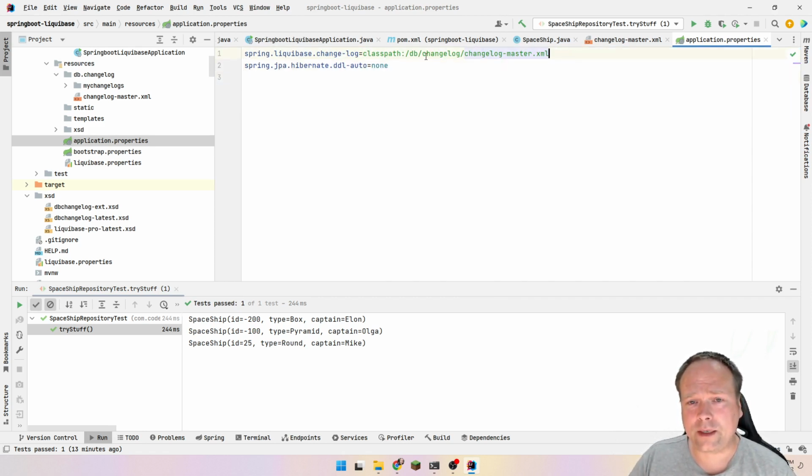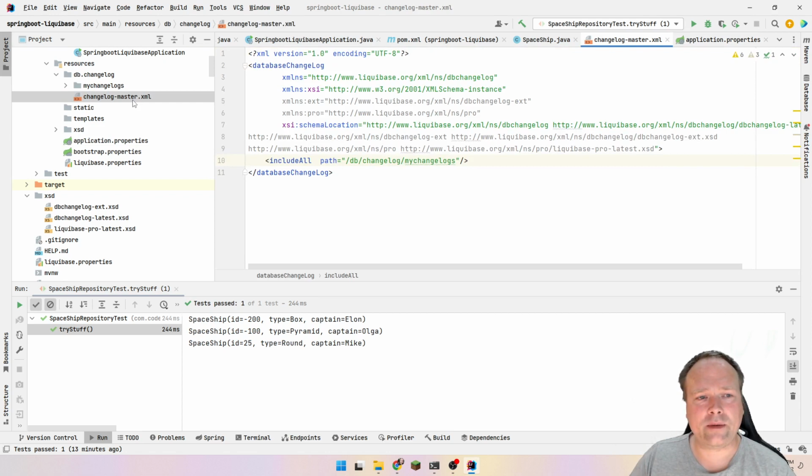I'll show you in just a minute what I'm talking about. But here we have this changelog file, and it's located on the class path. You can of course also place it somewhere on your machine, but on a class path, this is a good location for it. And you just write like this: db changelog and then the name of the file, and of course you can name it whatever you want to,